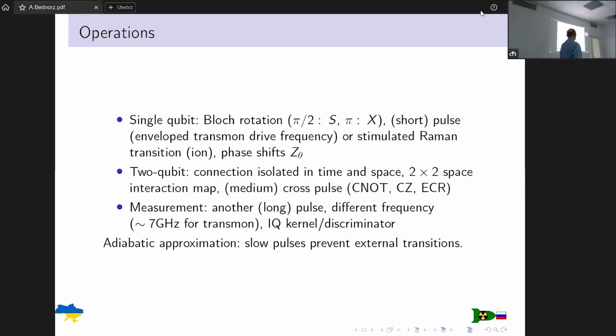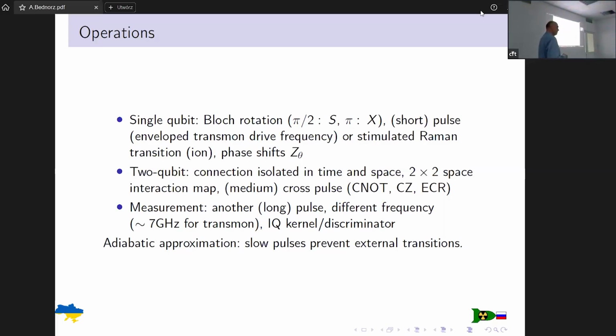There are three types of operations. It depends on some errors and trials. CNOT, which is controlled NOT, CZ, the controlled phase flip of one qubit, and IBM now uses the so-called ECR, echoed cross resonance. They say that it's more efficient. And the longest operation is measurement.